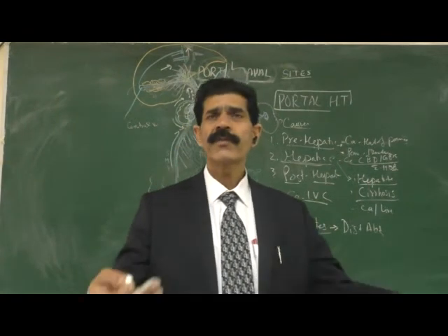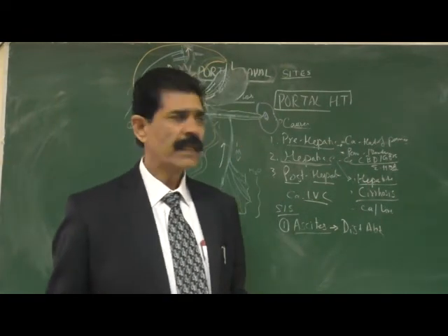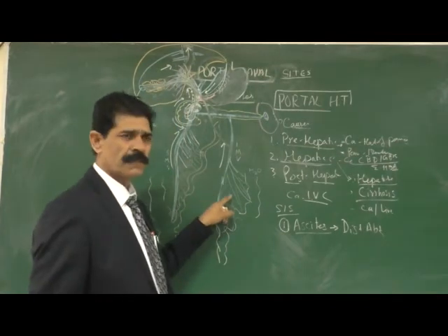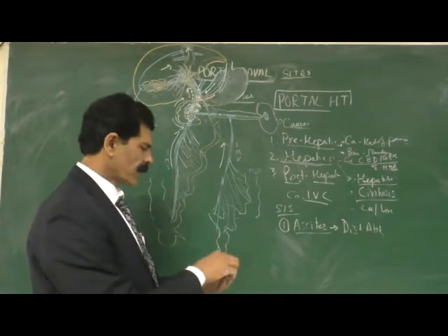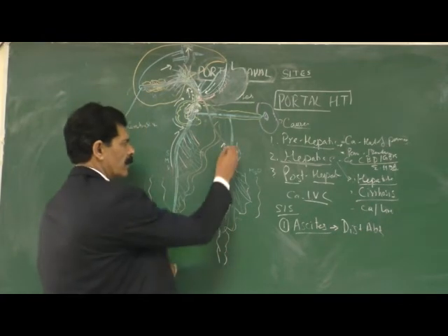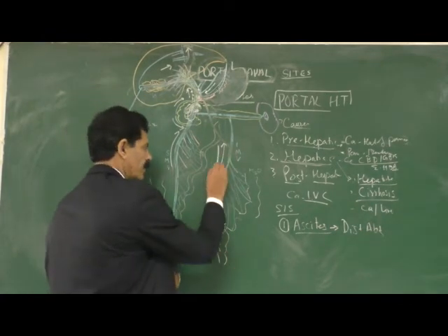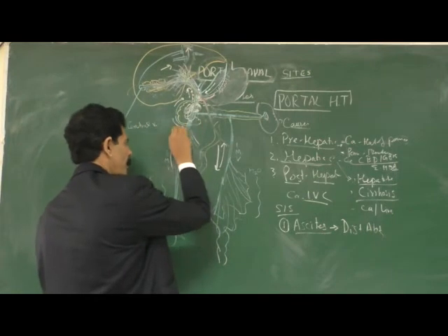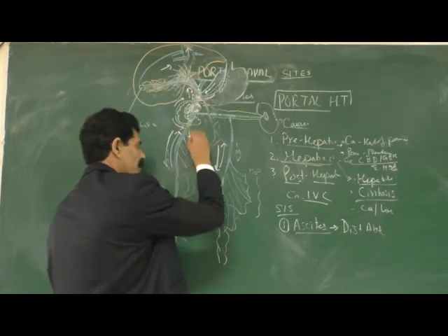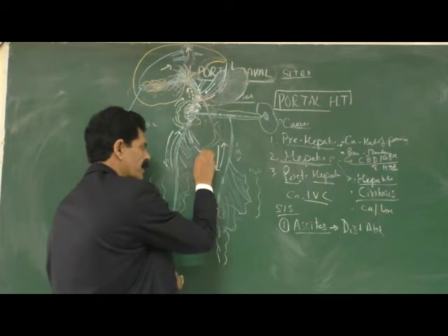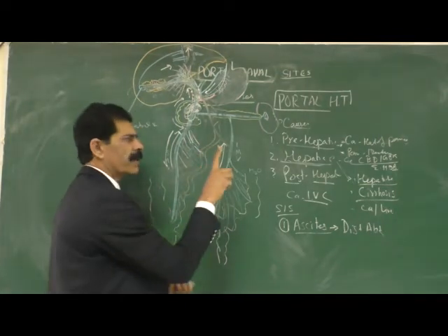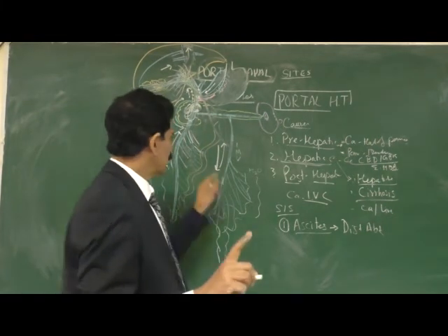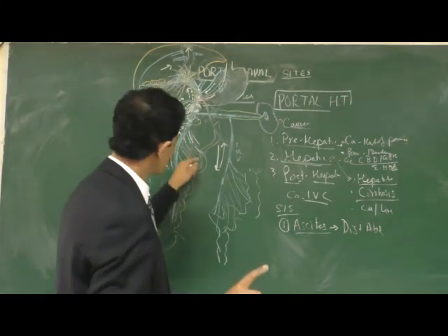So from where is this fluid coming? As you know, these portal radicals, they are retroperitoneal. So when there is portal hypertension, now the blood is not going up, it is coming back. Here also it is not going up, now this blood is coming back. And this blood is coming into the radicals, it goes and reaches this. So the veins in the villi, they are filled with the blood. And this blood, when passing through the radicals,